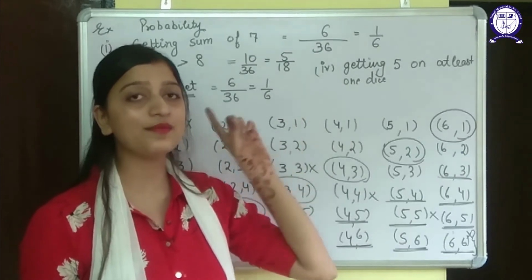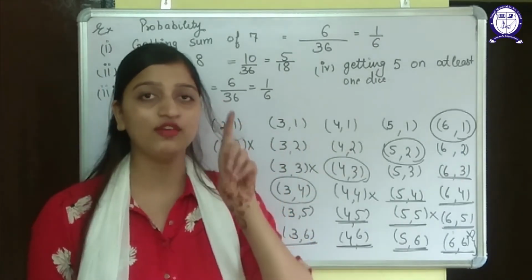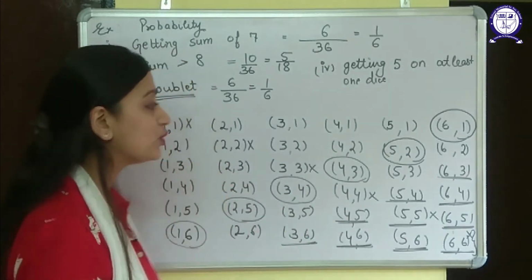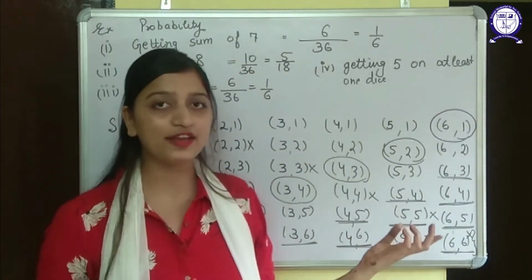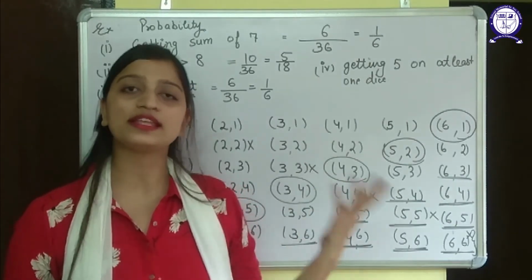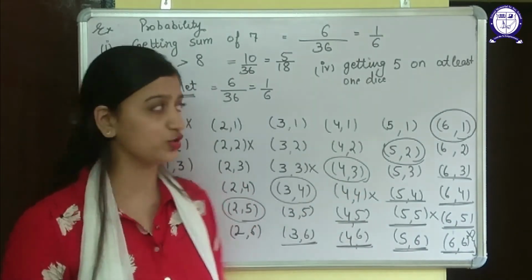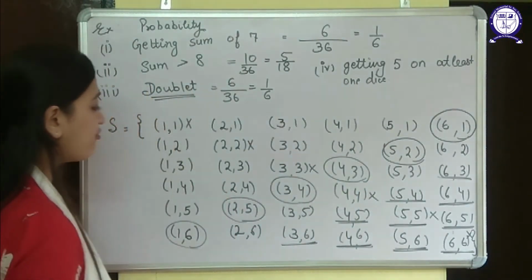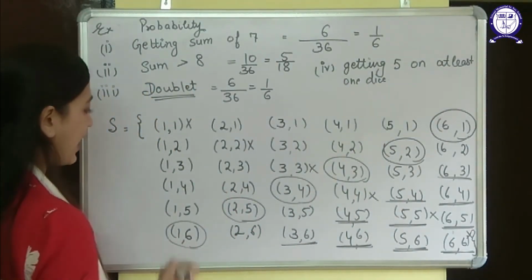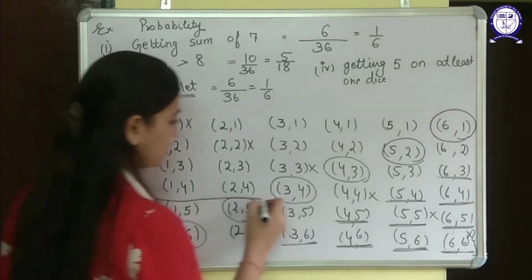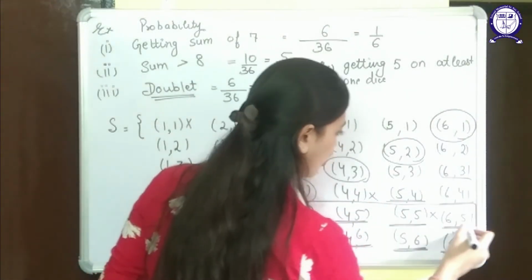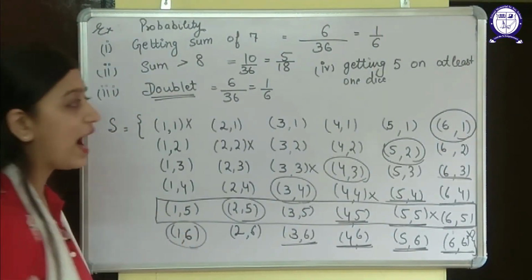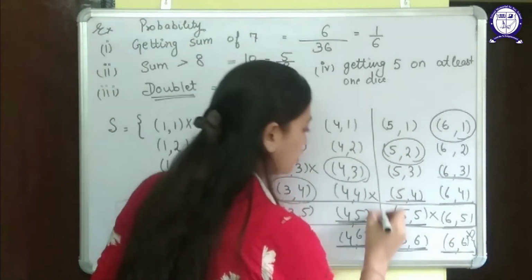That is, at least on one dice there must be 5, it can also be on 2. So what will I count? That it have 5 on one face or it have 5 on both the faces also. I want 1 and 2 both. So I will search for my 5s. Where are my 5s? I have 5 here. This complete line is of 5. Also I have 5 line here also.